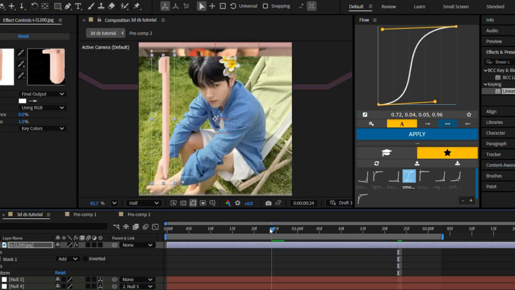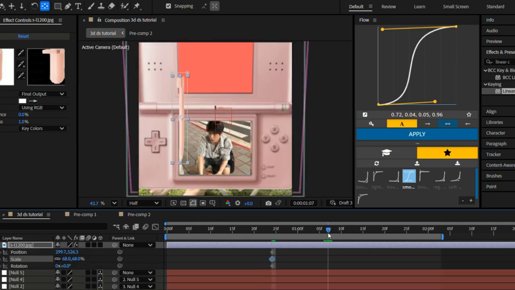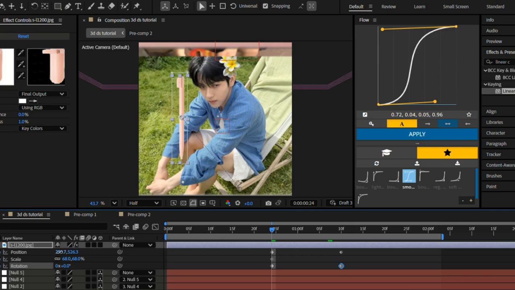So for this one, put the anchor point in the middle so that it just makes it a little bit easier to move around. Put on rotation, position, and scale. I'm gonna put it over in this corner here. I think I'm gonna kind of bring it down like this. Yeah, that's what I'm gonna do. And as well, I'm gonna put it so that it's just outside